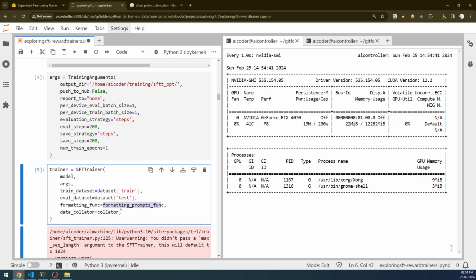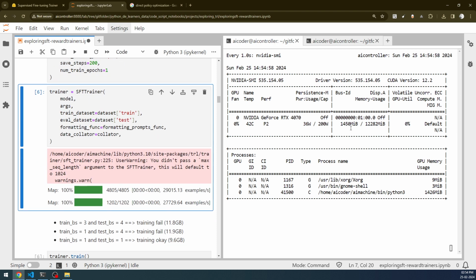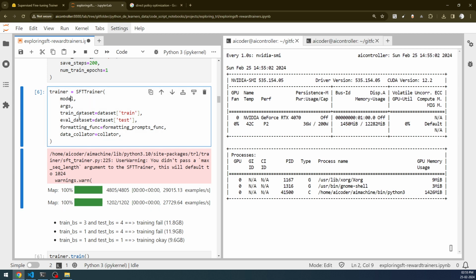So when you do this, the function will be applied on the dataset, on these two datasets, and then that will be used to train the model with the training arguments that we have provided here. All these things will be done automatically. So that's what I was telling you. It's a proper automation. So you can see the model is loaded the moment I ran this particular cell, and